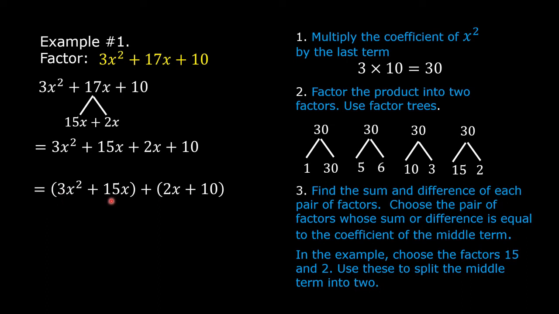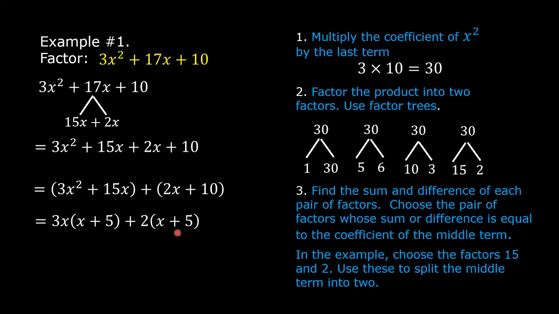There is a common factor here, which is the 3x. Factor it out. There is a common factor here, which is 2. Factor it out. This is now equal to 3x times the quantity x plus 5 plus 2 times the quantity